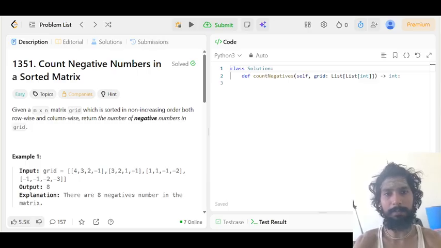We are given an M cross N matrix called grid. The important condition is each row is sorted in non-increasing order. Each column is also sorted in non-increasing order. Non-increasing means the values either decrease or stay the same. For example,